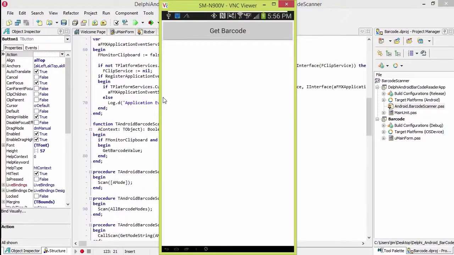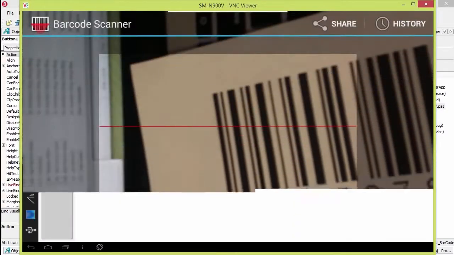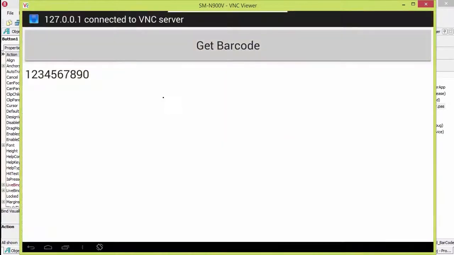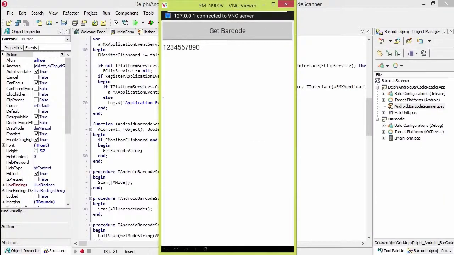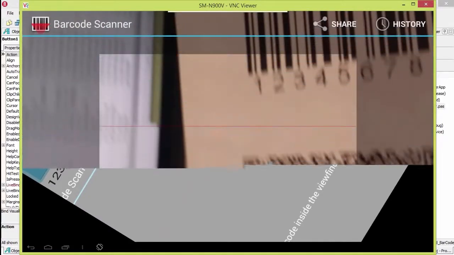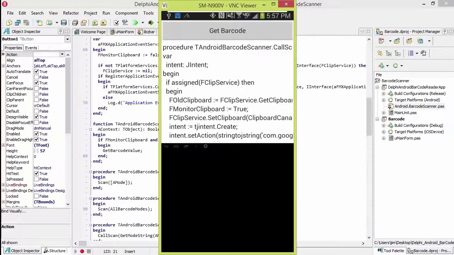So here it is running on my Note 3. And there we go. It scanned and got 1, 2, 3, 4, 5, 6, 7, 8, 9, 0 off that barcode. Not sure why VNC disconnected there. So let's see if we can do the big old QR code here. So there we go. It scanned the QR code and got back